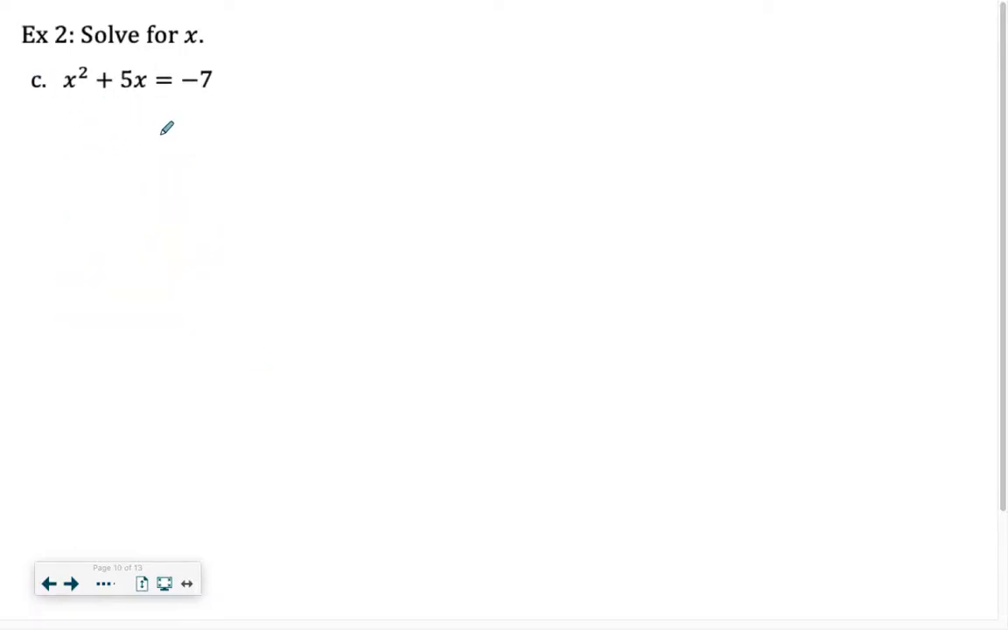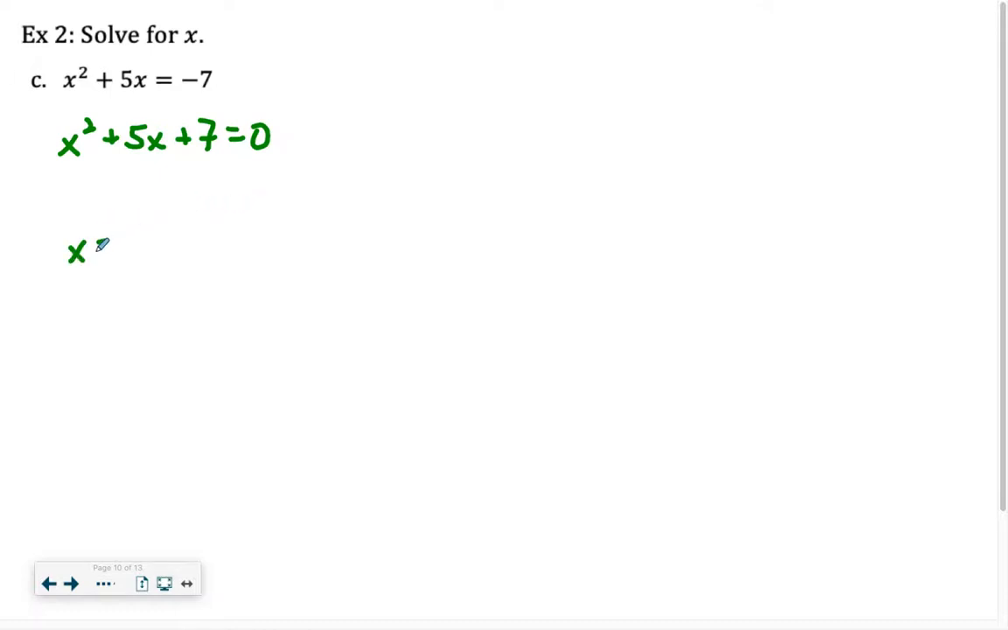So here, x squared plus 5x equals negative 7. Right, well, there's a couple of ways we could solve this. We could complete the square, right? Or we could use the quadratic formula. Personally, I'm probably a little more comfortable using the quadratic formula, but that is totally up to you. I'm going to do this using the quadratic formula. So what we would need to do is add the 7 over, get everything on one side equal to 0,